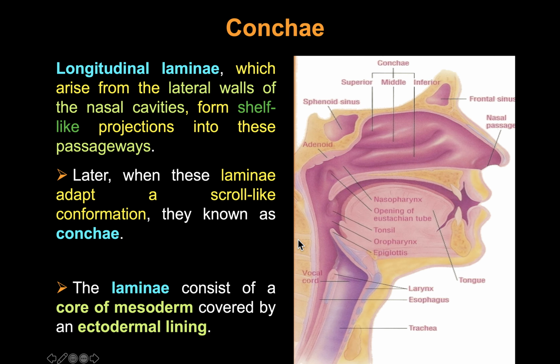Okay, we'll talk about the development of the concha. As we know, there's a dorsal concha and a ventral concha, and in the caudal portion in the animal we have the middle concha. These conchae usually have longitudinal lamina which arise from the nasal bone and from the maxillary bone. Usually these conchae are a shelf-like projection,